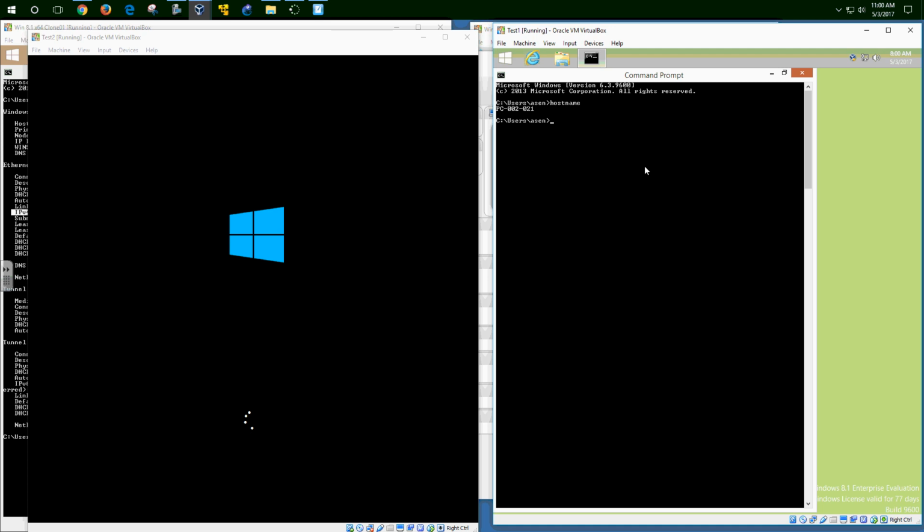Yeah, you see it has been created based on the IP address with PC in front. Remember that's how it has been done. If I do ipconfig,